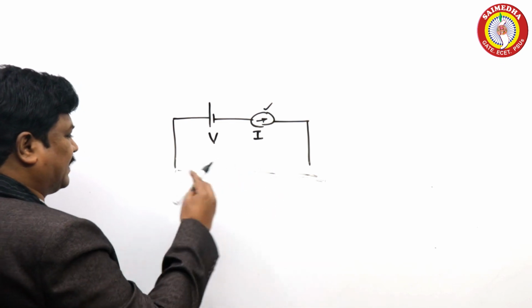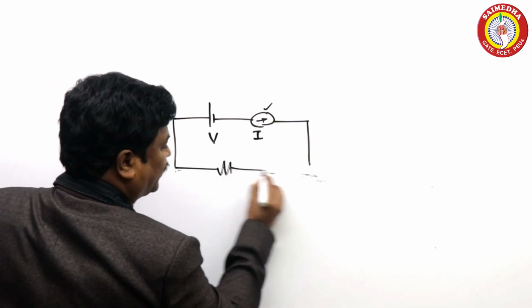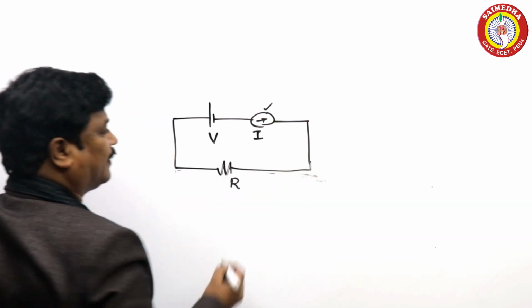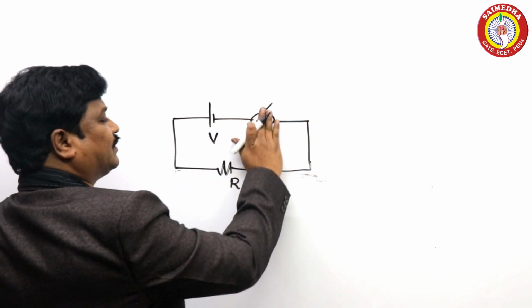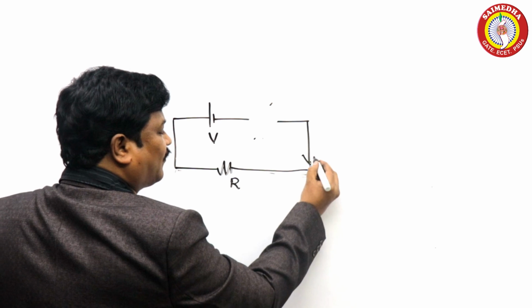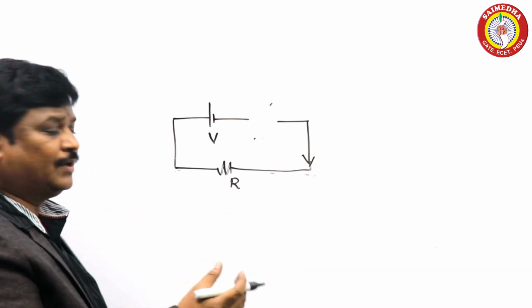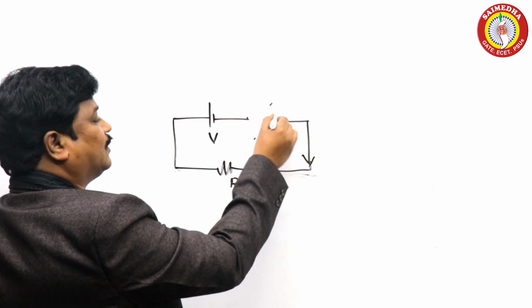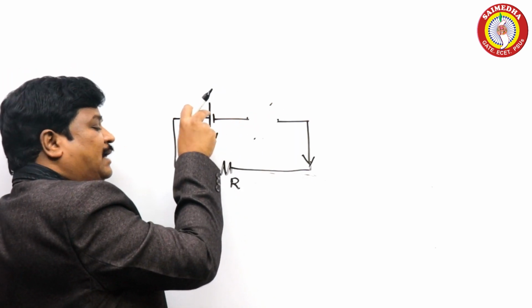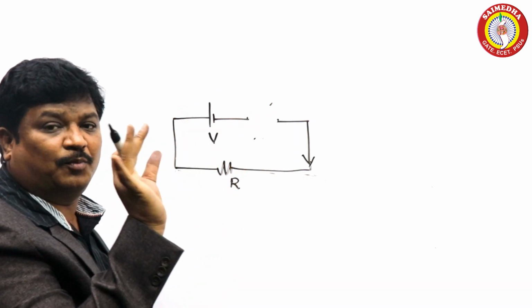Now, we'll take some resistance here, for example. If you apply the voltage source, the current source becomes 0. What is the current flowing in the circuit? It is 0. What is the voltage across this one? We will not get any, because these are open terminals. So if voltage is applied, there is no effect on the output.